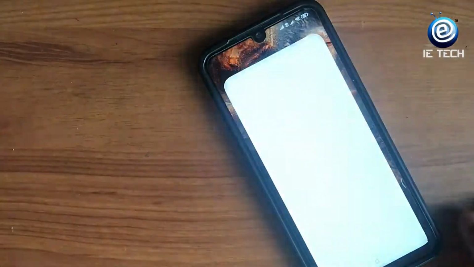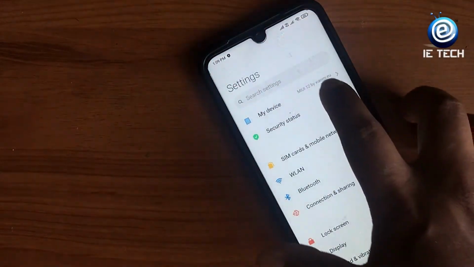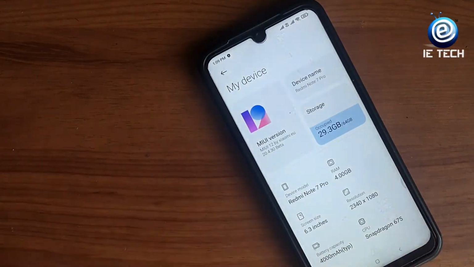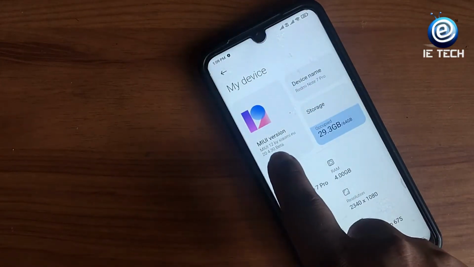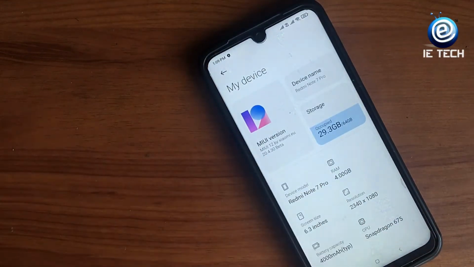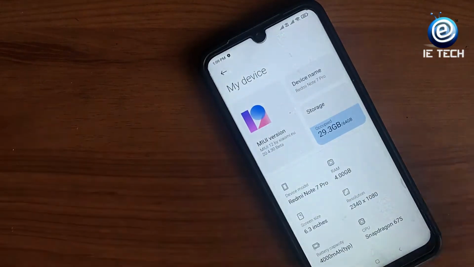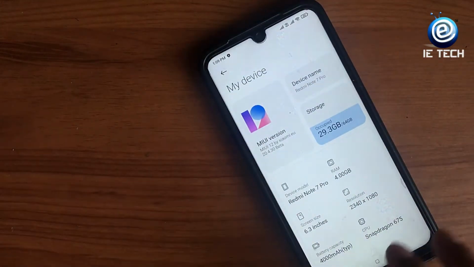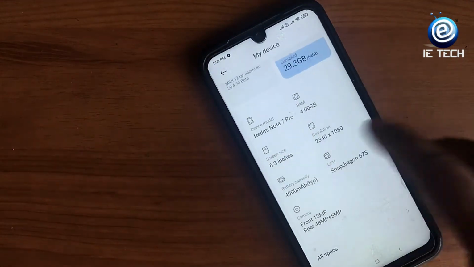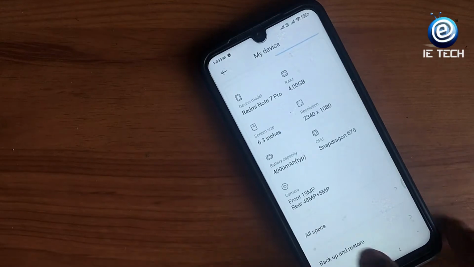Now let's go to the settings and see what's inside the settings. The first thing you will see in the MIUI version is that it says MIUI 12 by Xiaomi.eu 20.4.30. It's in beta. It's a global beta basically, it's not a closed beta unlike the Chinese ROM. Then there are the device name and storage, how much you have occupied, your device details, and all specs.